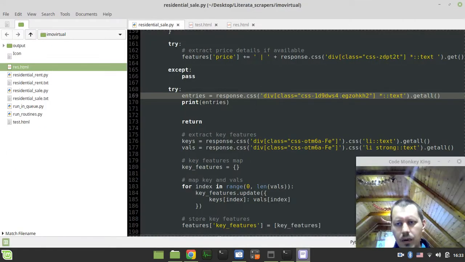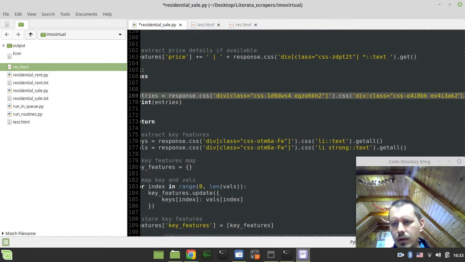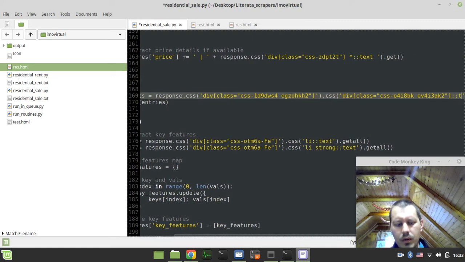Copy. So if I take this div, CSS, and again div, and class equals to here, and text.